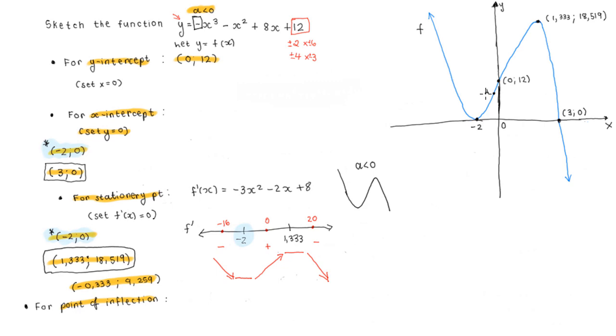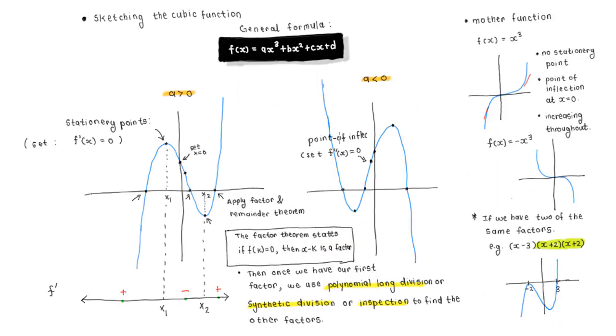Okay, so put A, then I can write at the bottom here a equals minus 0.333, 9.259. Okay, and there we go. There is the sketch of our cubic function y is equals to minus x cubed minus x squared plus 8x plus 12. Okay, so I hope you were able to now see how everything comes together,